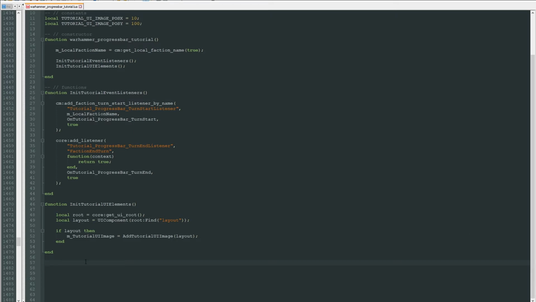So let's create that one. So function add_tutorial_ui_image. So we're passing through the layout, but from the perspective of the add function, the layout is the parent component. So we'll just reference it in this function as parent_component, because our progress bar will be a child of that. So the first thing we want to do is we want to grab the image that we're going to be using. So we're going to go image_path is a new variable we're creating at the local level, and the path to our image is going to be UI